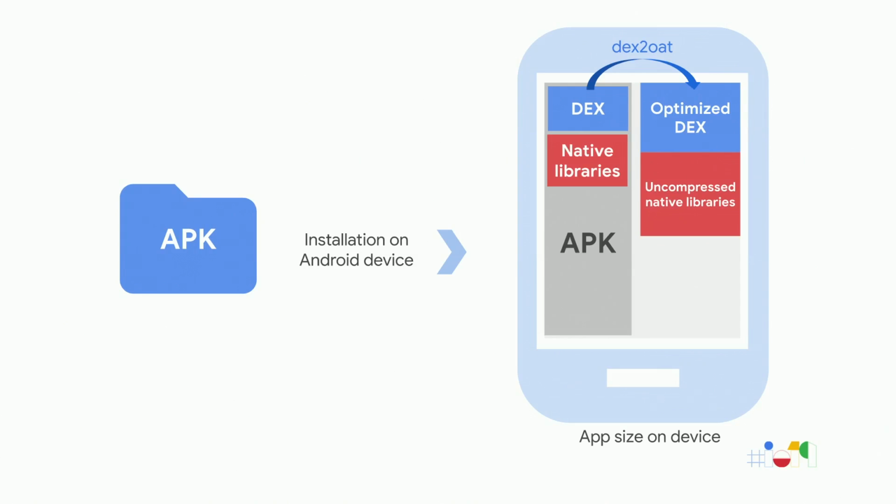To try and understand better why the size on device differs from your APK size, here's a simplified diagram of what happens when an APK is installed on a device. First, let's look at the DEX files. DEX files get optimized by the platform during the installation by a tool called dex2oat. This optimization will make your app run faster, but usually at the cost of a big size. The size of the optimized DEX can vary quite a lot by device and by SDK version. And as I mentioned before, it will also vary during the life of your app, depending how the app is